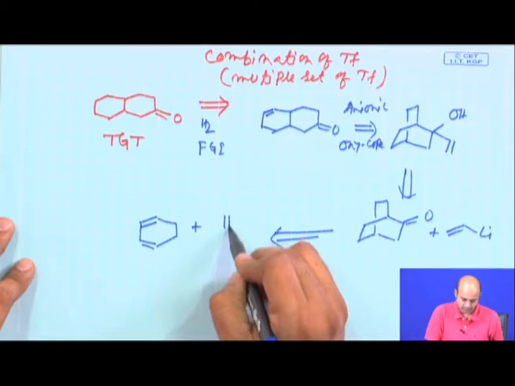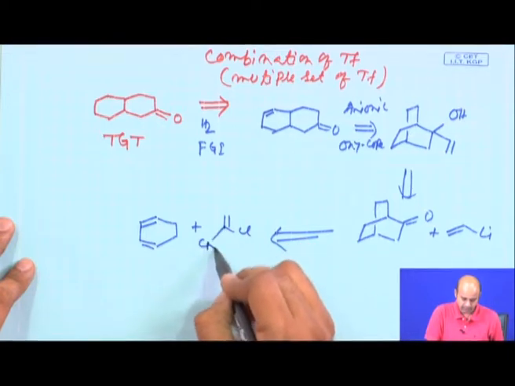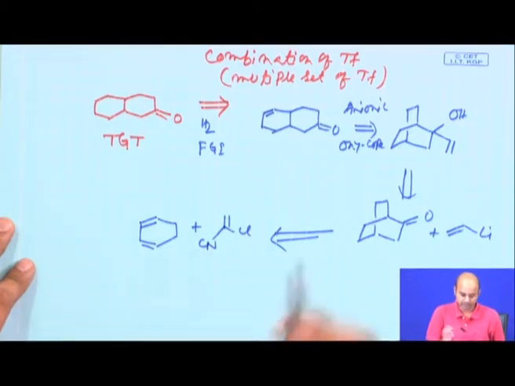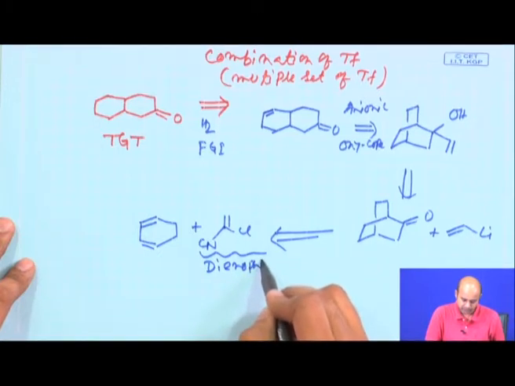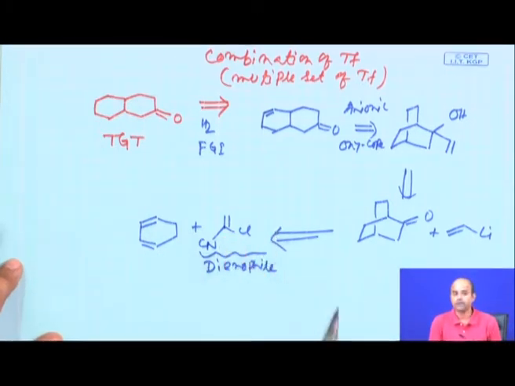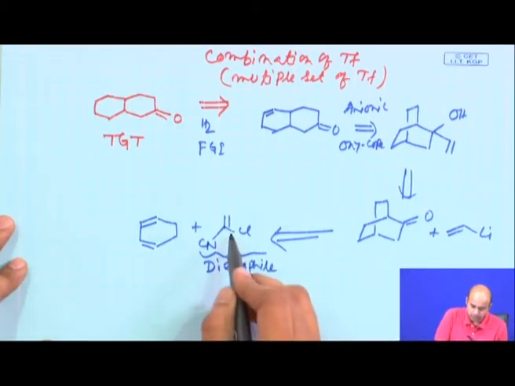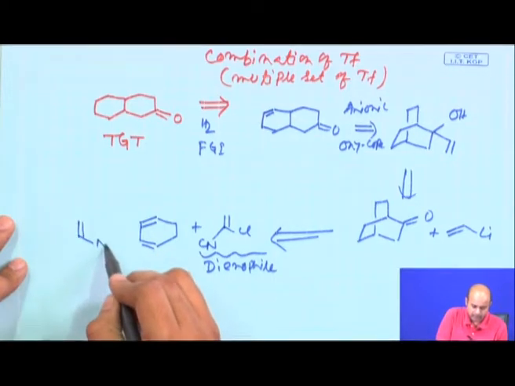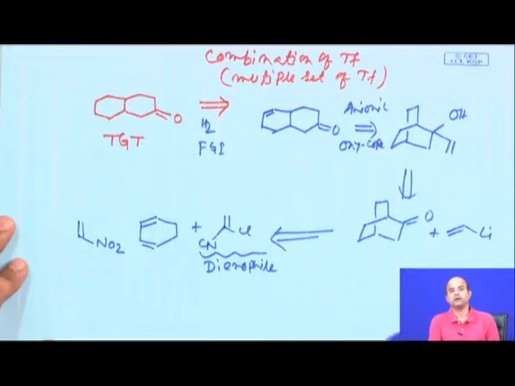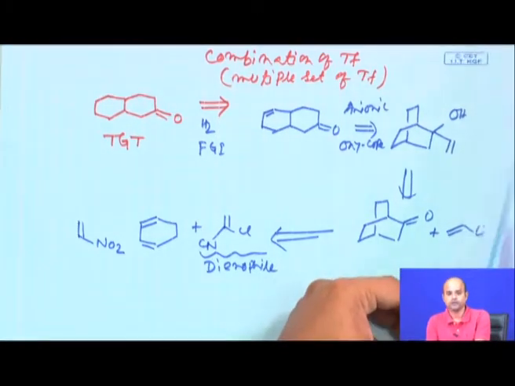this nucleophile. This is already done. I am saying that this nucleophile is fine, or this dienophile. This dienophile is absolutely fine, but this dienophile is very expensive. This alpha-chloro acrylonitrile is very expensive. I am trying to give you another alternative where you can use a vinyl nitro compound as a Diels-Alder dienophile. Now, how?